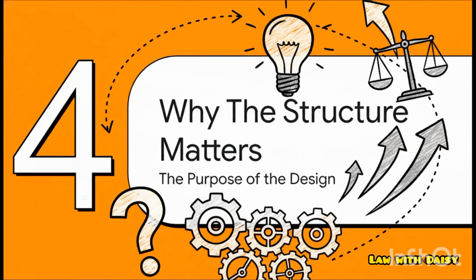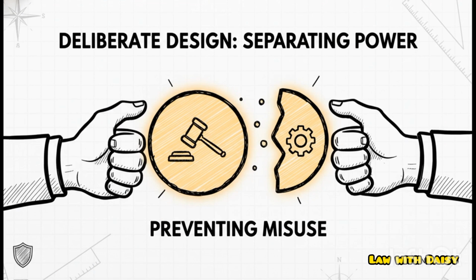So, after digging into all these rules and different roles, we finally get to the most important question of all. So what? Why go through all this trouble to design this system in this specific way? What's the point? And the answer, when you boil it all down, is actually pretty simple, but it's incredibly powerful. This structure is no accident. It's a very deliberate design choice. The entire point is to separate different kinds of power, to make sure no single person or office has too much control over the whole legal process.